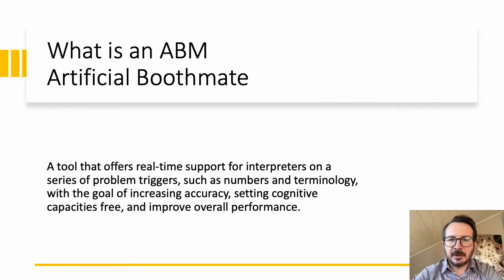ABM is a digital tool that offers real-time suggestions for interpreters, especially in the simultaneous modality, with problem triggers that have been defined by literature and that any interpreter knows to be problematic for interpretation, such as numbers and terminology. It offers also some extra features